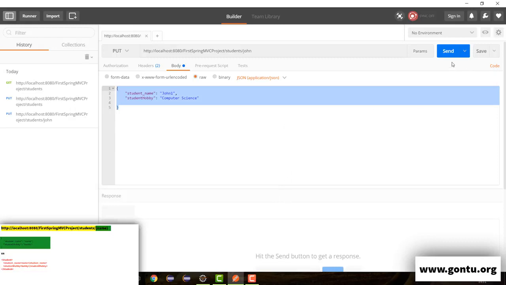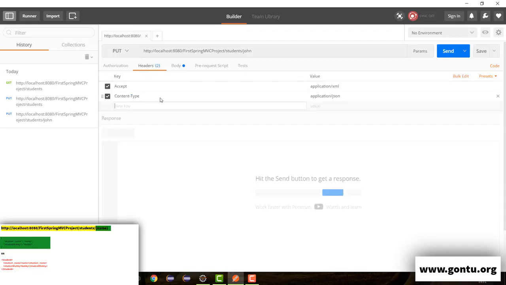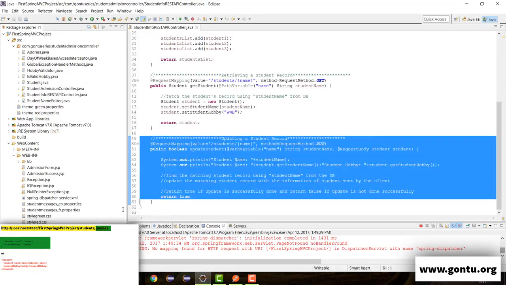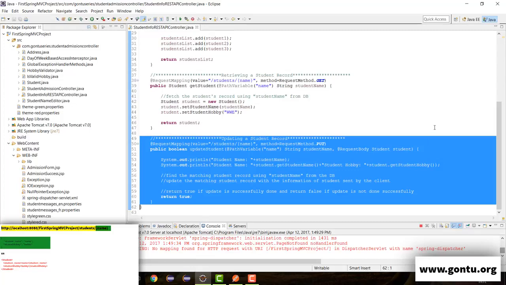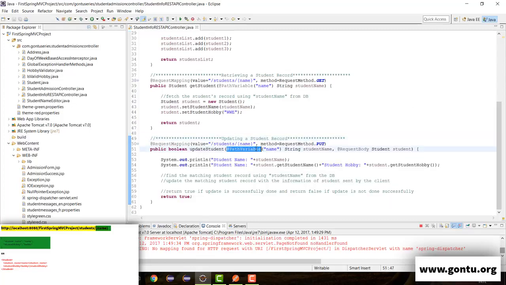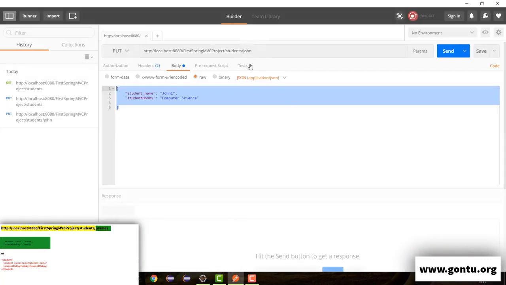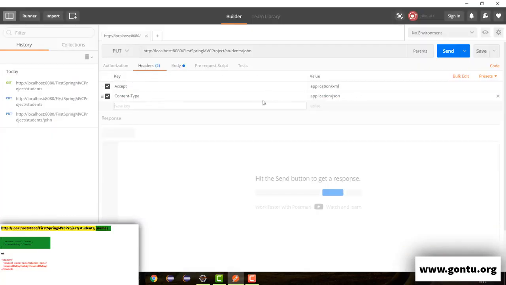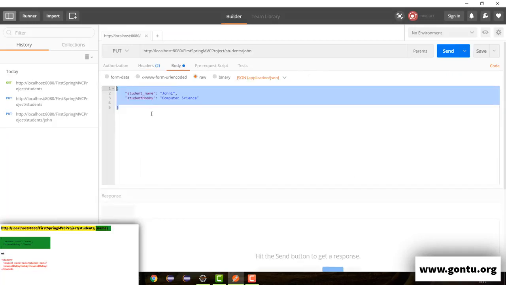So now what's going to happen when I make a put request on this REST API with this information, with this metadata? The request is going to come to this REST API controller method, and here the path variable annotation is simply going to extract this student's name, meaning it's going to extract John and assign the same to student name. And the request body annotation would know from this content type's value that this message is actually in the